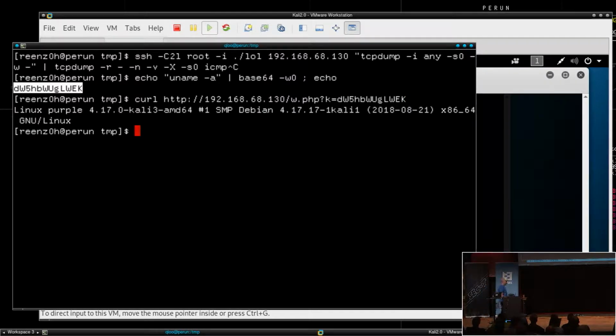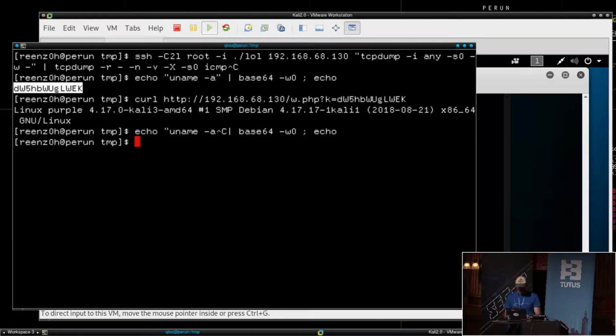But what I want to do now is to make it semi-interactive. So instead of going up and changing the command here and then grabbing the output, I just want to have some sort of shell. So let's build one.